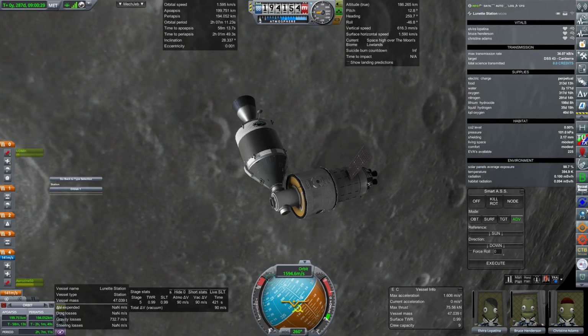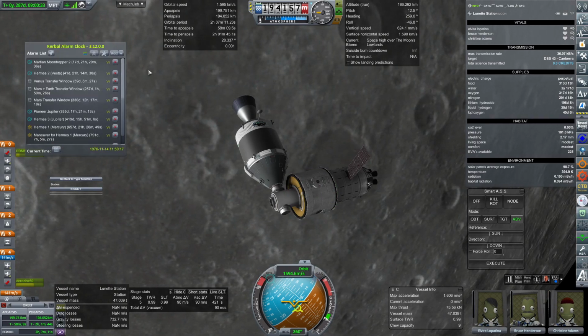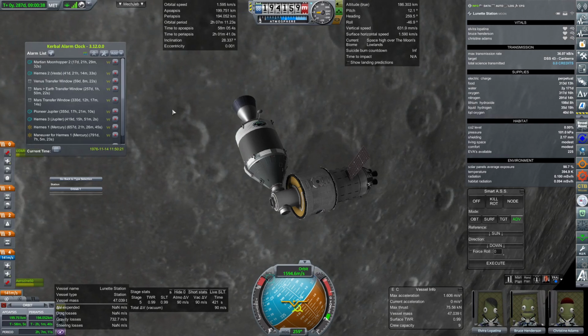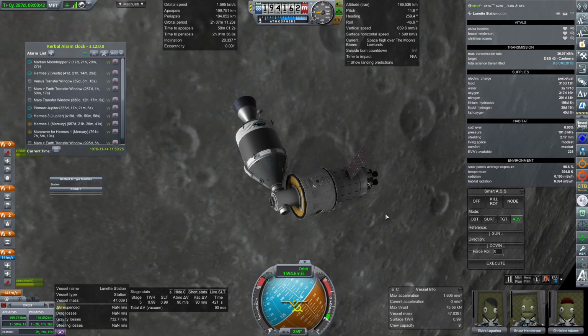We have some other stuff to get to after this, but I think that is going to have to take place a little bit later on. We have Martian Moonhopper that is arriving. We have to do this for 30 days, so all kinds of cool stuff, but that's going to have to take place in the next